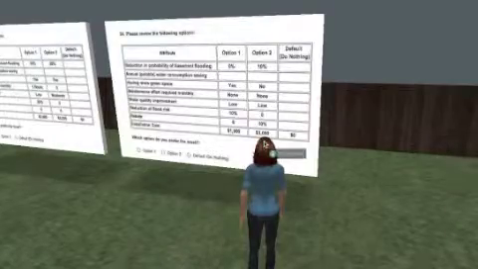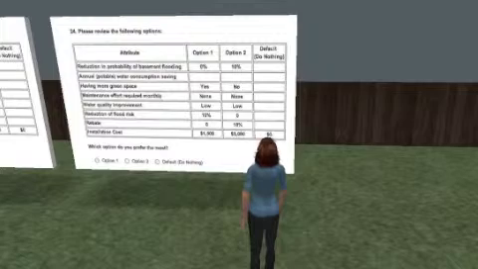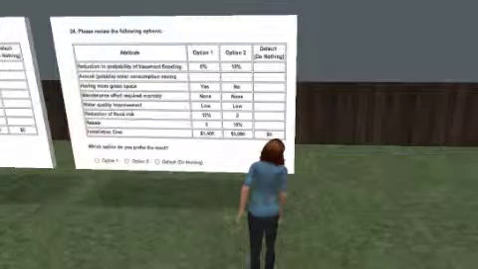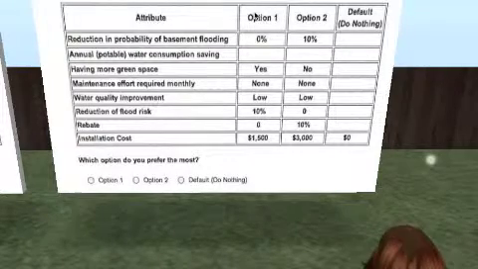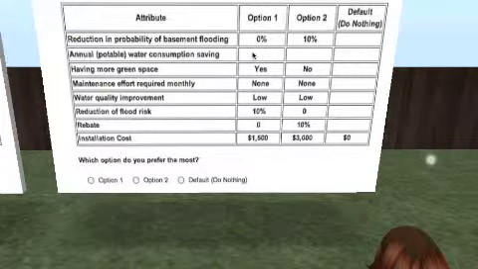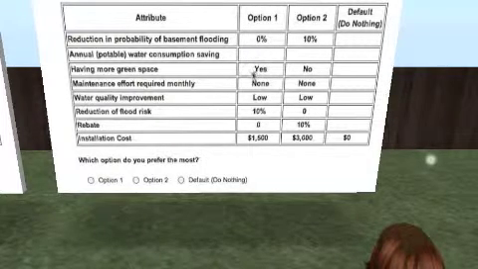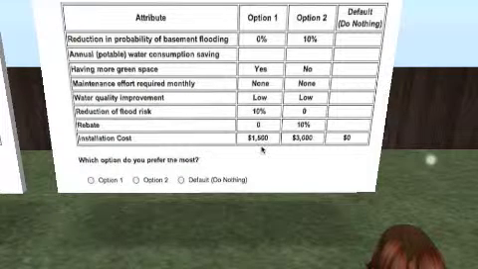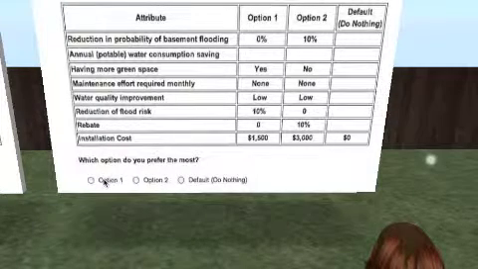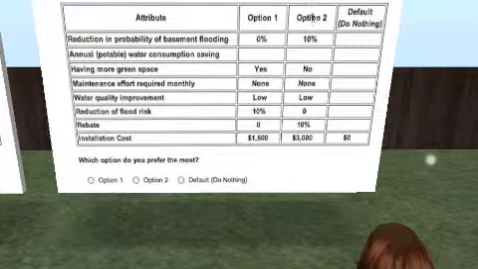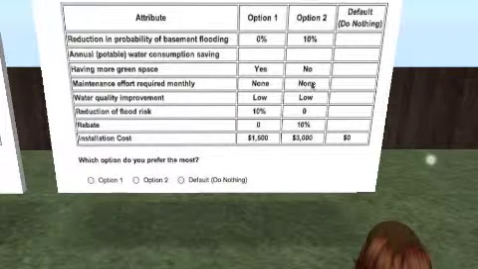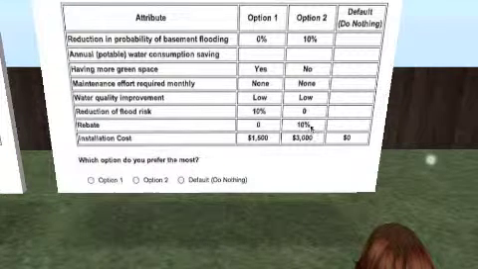Now that we have learned about different outcomes of installing runoff reduction techniques, I would like to learn about your preferences for these outcomes. Here we have examples of different levels of outputs that one or a combination of these techniques can provide. For example, we may have techniques that will give us 0% basement flood reduction, 30% water saving, green